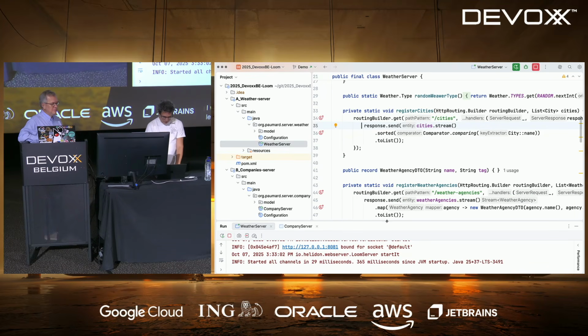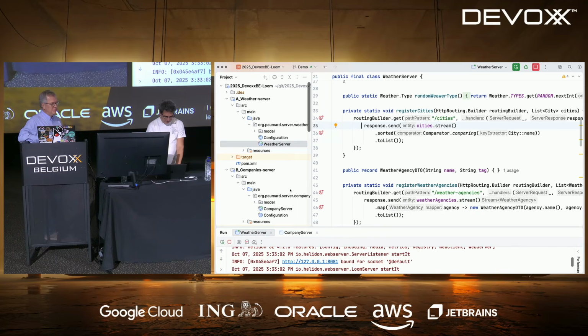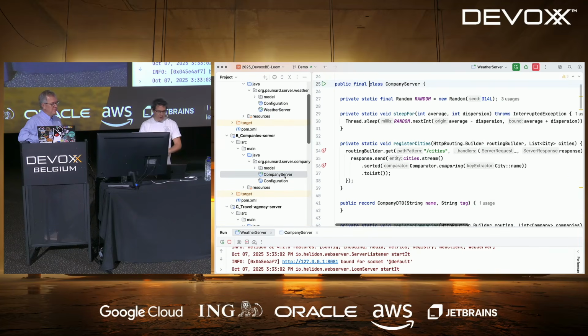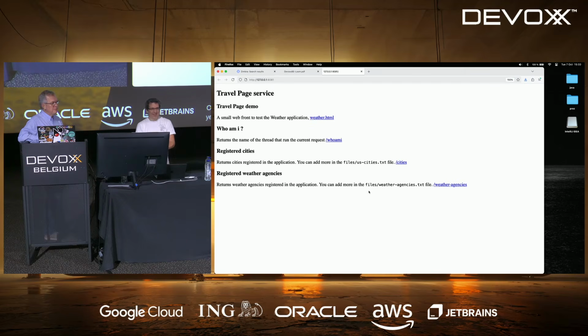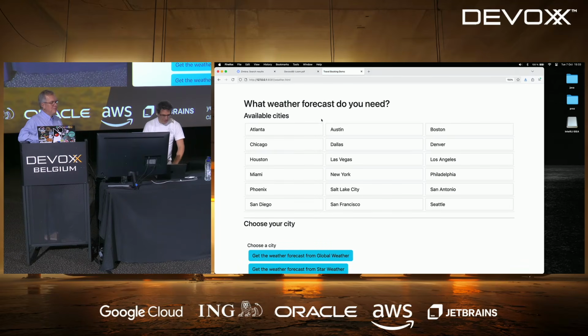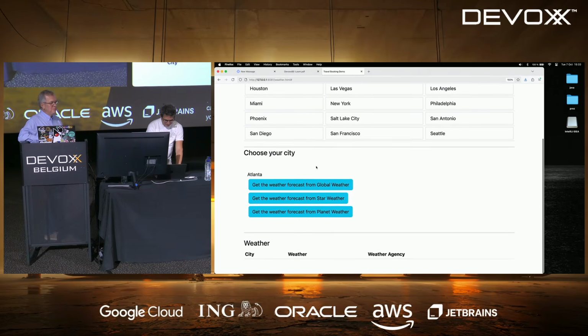So the server starts, yes. And there is another. You can show it if you want. If you click on this link, the HTTP link that you have in the console, oh yes, you have a beautiful interface. So yes, you can see the result: you have cities and you have the weather of the city.